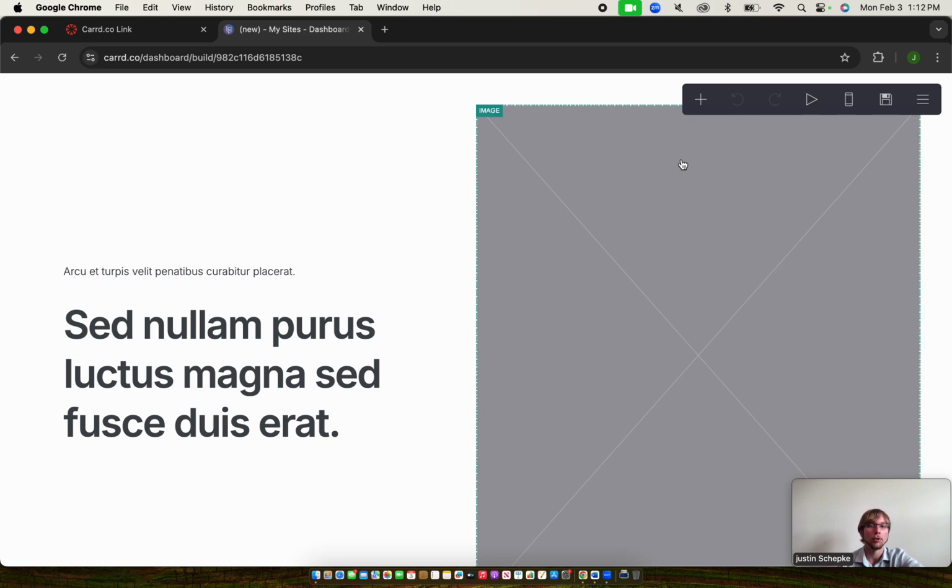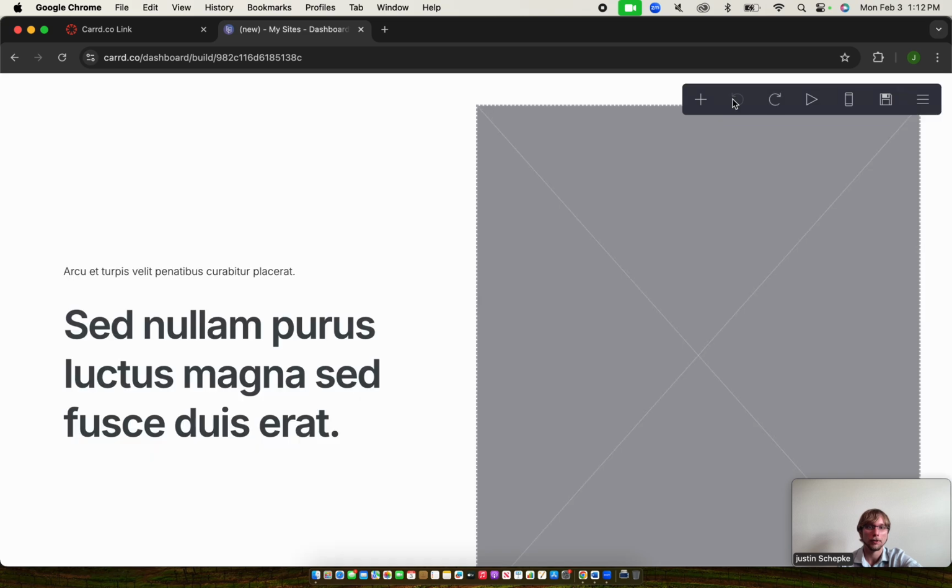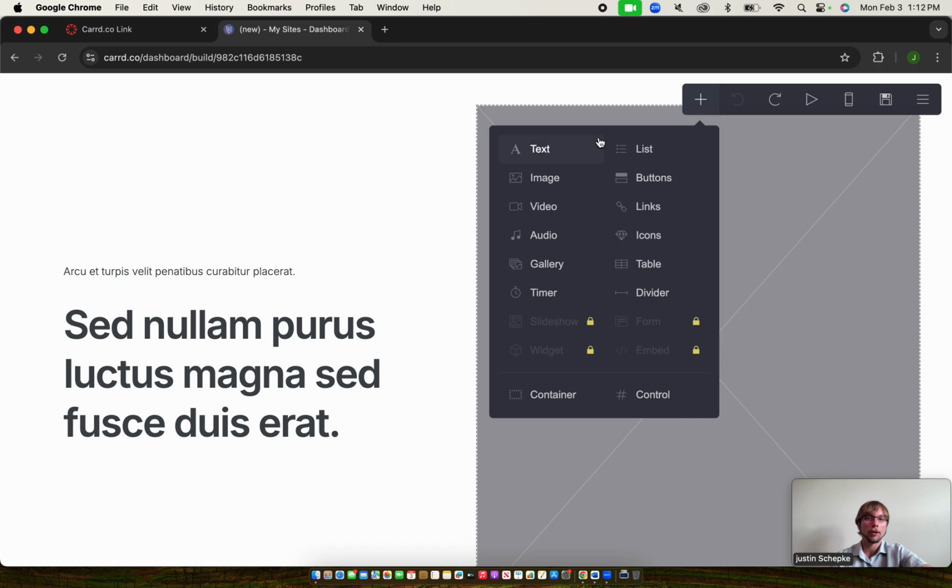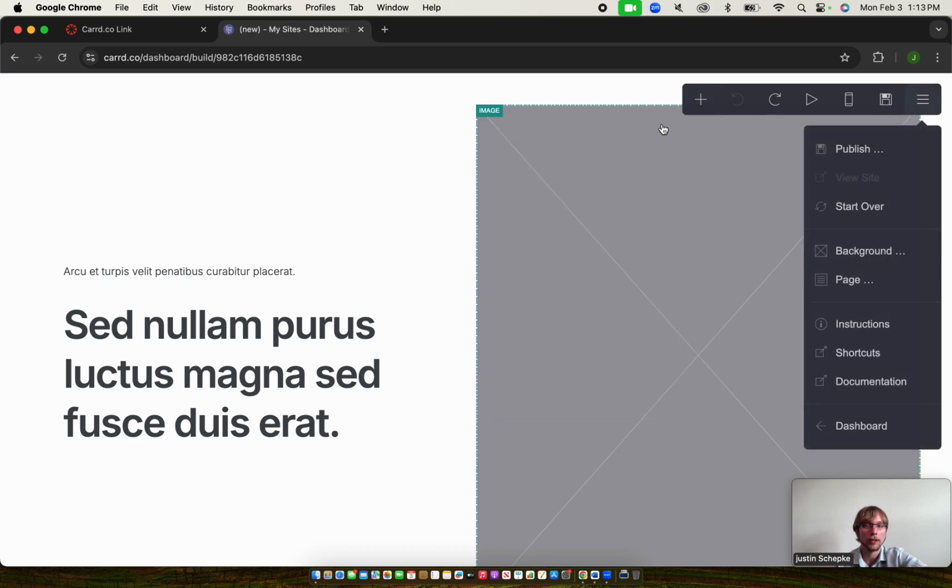Okay, so it's not quite like Canva, where you can edit right inside. You can do that a little bit, but I don't really want to. With this, we edit more the way we do in website builders. This is where we might add our text, image, video, audio, gallery, timer, anything we want to add. And over here is where we have some more controls: publish, start over, background, page,